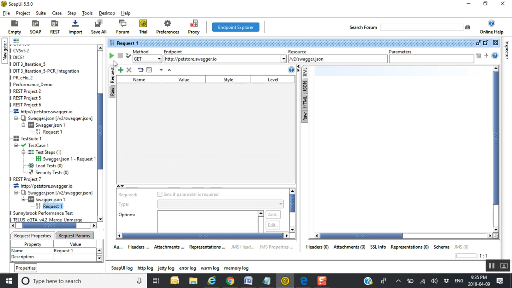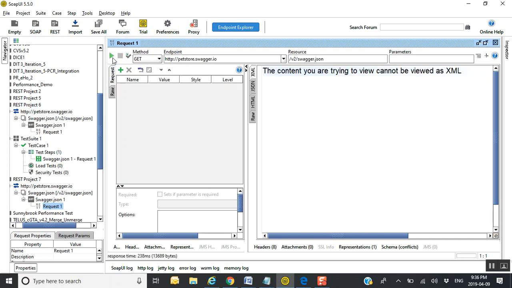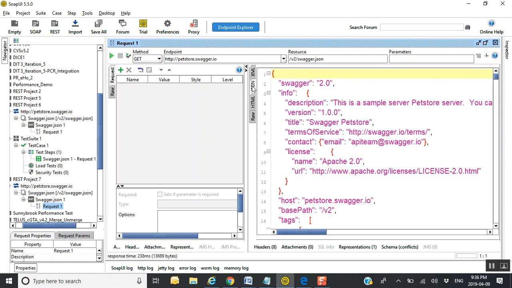I'm going to push play, and the method is get. So I'm trying to retrieve something from the web service. I push play, and it's telling me that the content I'm trying to view cannot be viewed as an XML. So in class I told you that SOAP understands XML, while most REST web services understand JSON. So when you see this, don't get discouraged. Just click on the JSON tab,